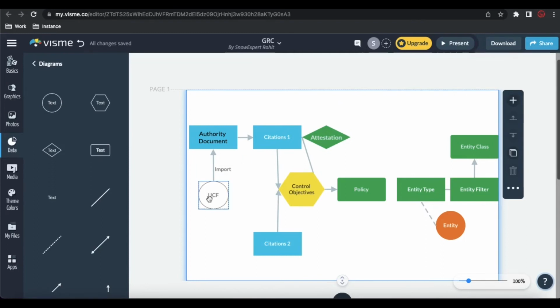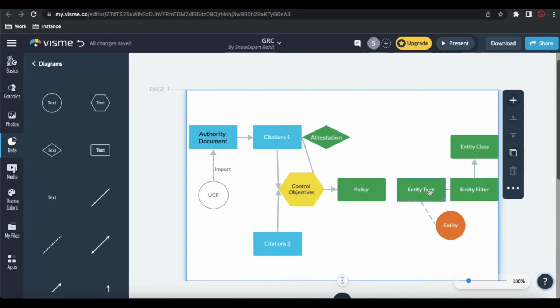In the left side, we have the UCF document. From there, the authority document, citation, and control objective are imported, and we created that policy manually, and then the attestation here. Now in the right side, what we did is the one-time job called entity class,